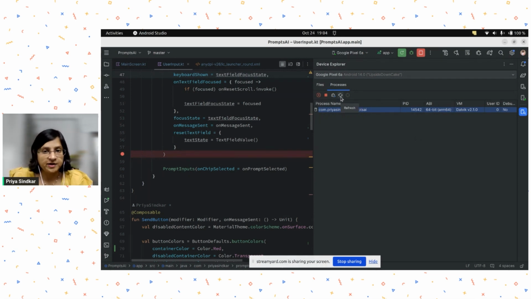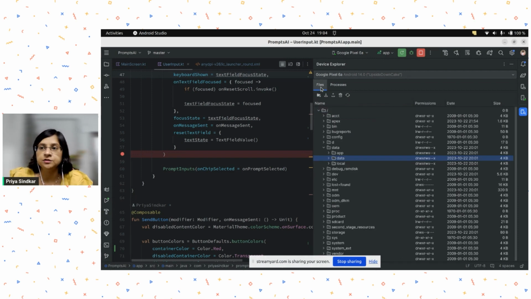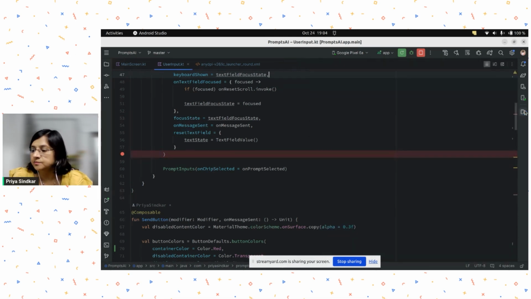Again, you can refresh the list of processes, where you can see everything. You can even see the ABI version, and you can see whether it's attached to a debugger or not from this thing. So this is a really cool new feature. Next, I want to talk about how you can inspect your layouts, your composable previews